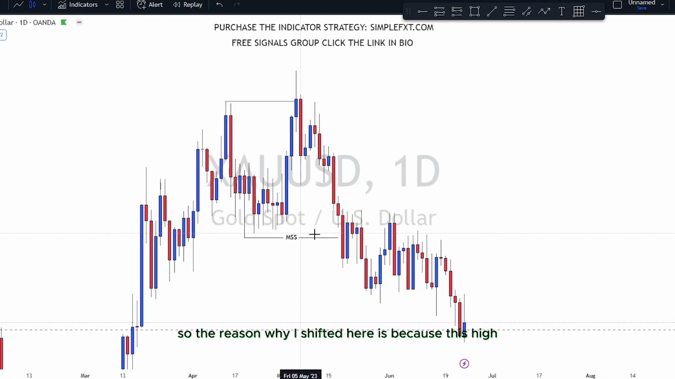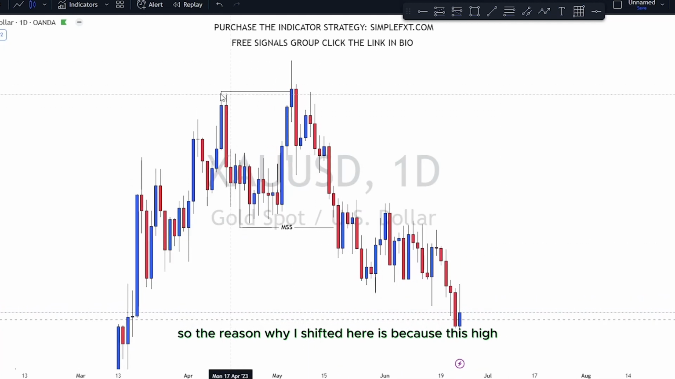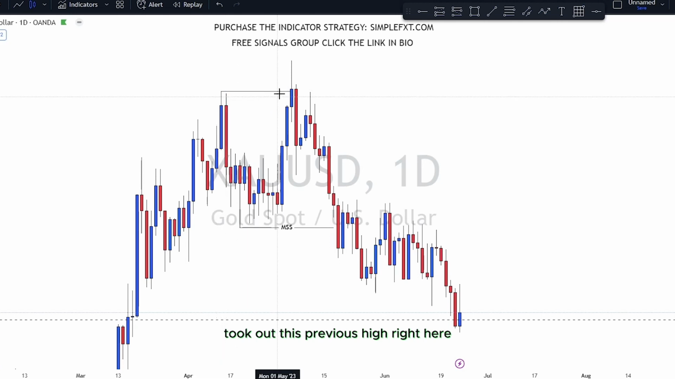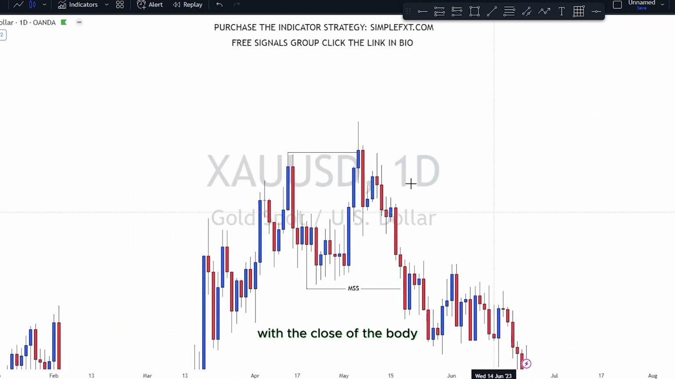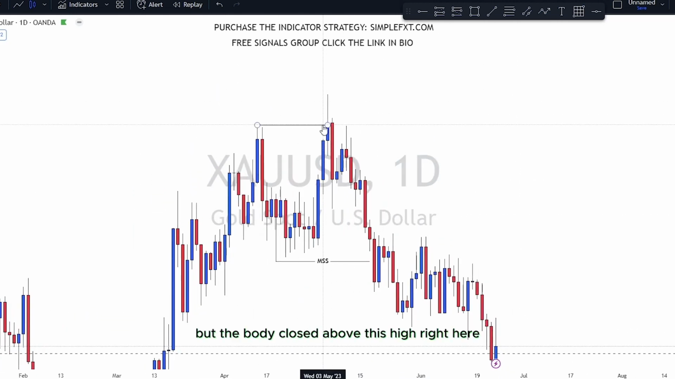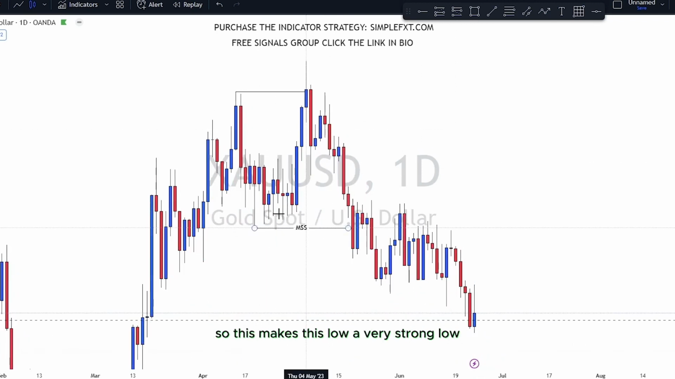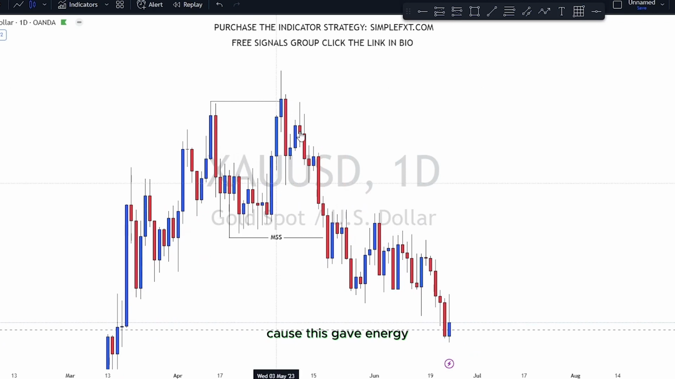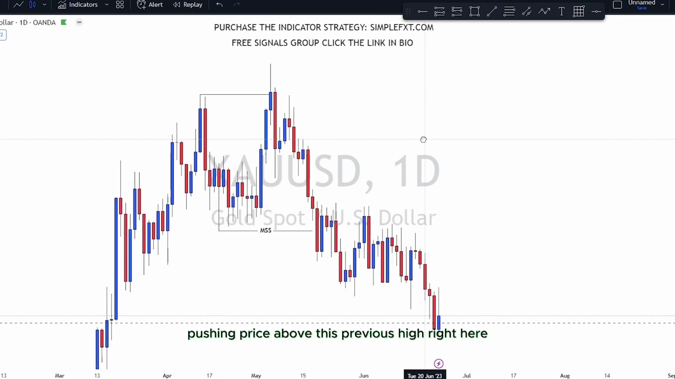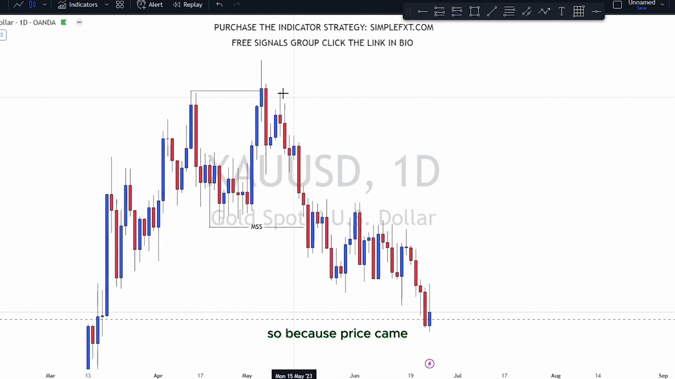All right, and the reason why it shifted here is because this low took out this previous high right here with the close of the body, not the wick, but the body closed above this high right here. So this makes this low a very strong low, because this gave energy pushing price above this previous high right here. So because price came back down and broke this low from this high,